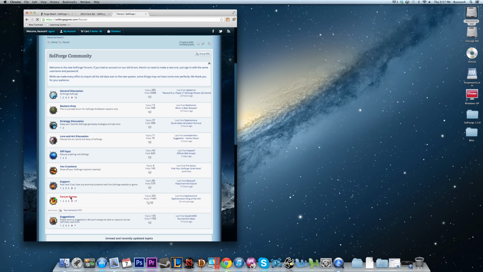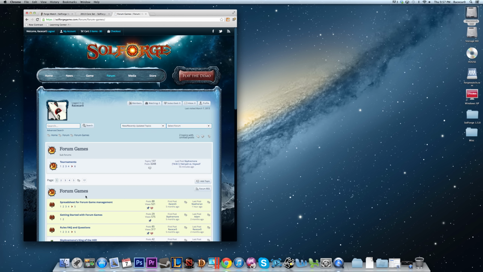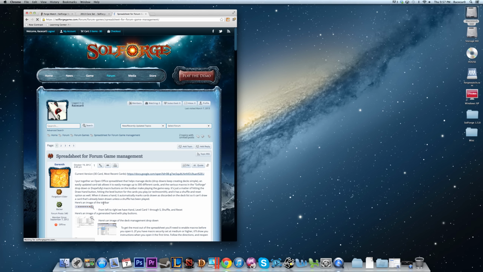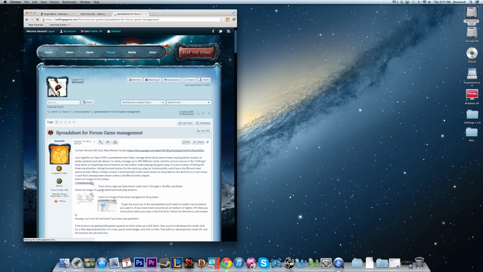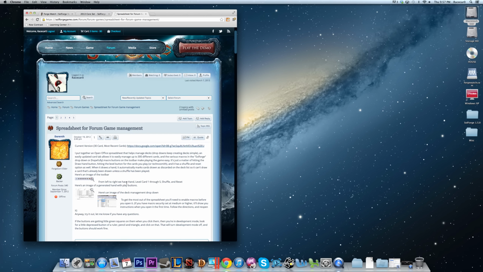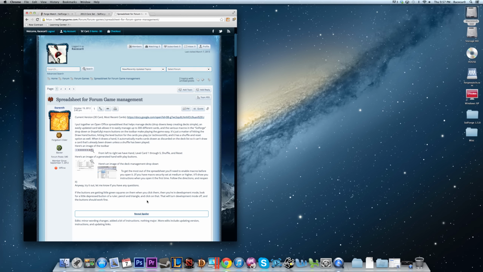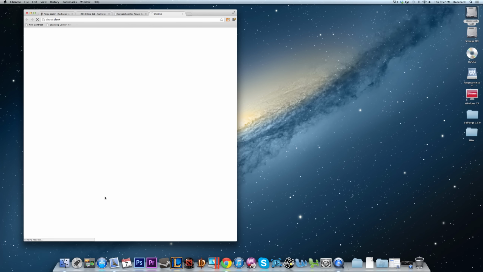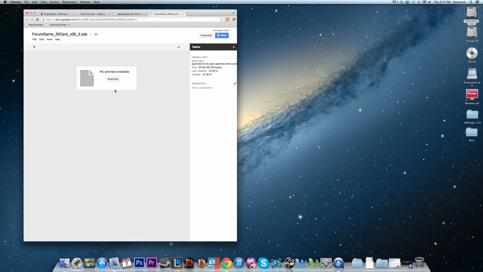All you have to do is come in here to SolForgeGame.com, and you'll see that we've got this sticky here, spreadsheet for forum game management. This was made by one of our fellow forum gamers, Darenth, and he's got a spreadsheet available in this first post, along with some instructions on how to use it. But like I said, for some people it's still a little intimidating, so I'm going to click through and do the download right now,